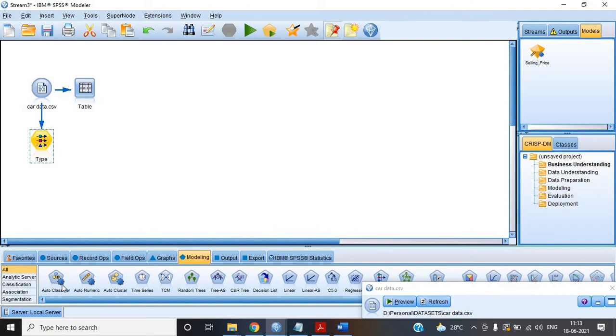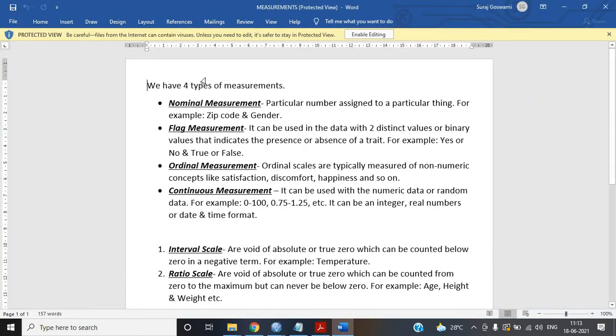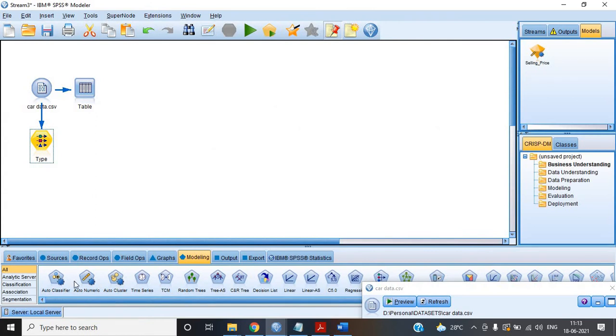Okay, so here it comes to modeling. What are auto classifier, auto numeric, and auto cluster? For auto classifier we check nominal values and flag measurement. For both of these, if we want to check any nominal measurement or flag measurement, then we use auto classifier.